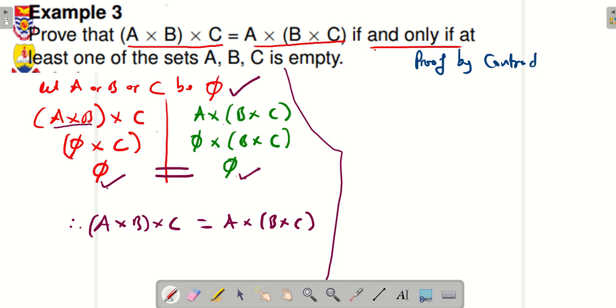When we say proof by contradiction, remember that the question says that the only way (A × B) × C will be equal to A × (B × C), the only way these two given Cartesian products will be the same, is when at least one of the sets A, B, and C is empty. So that is the statement. One of the sets should be empty. But we are going to contradict the statement and say that